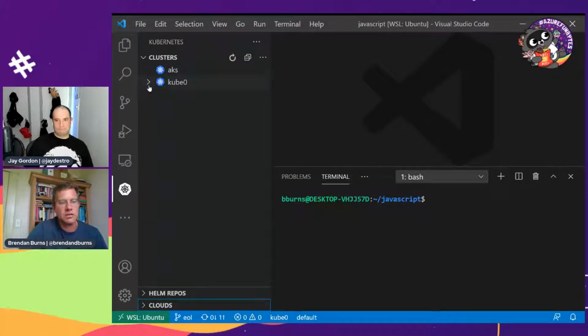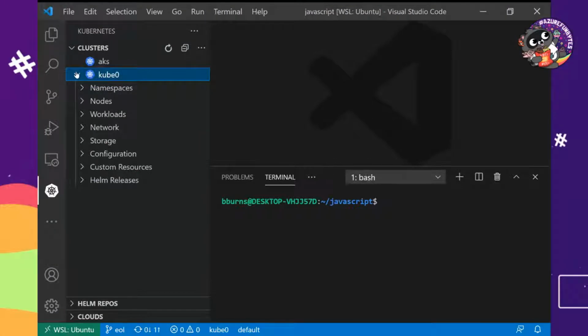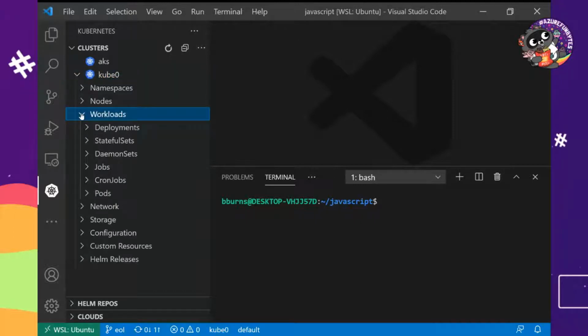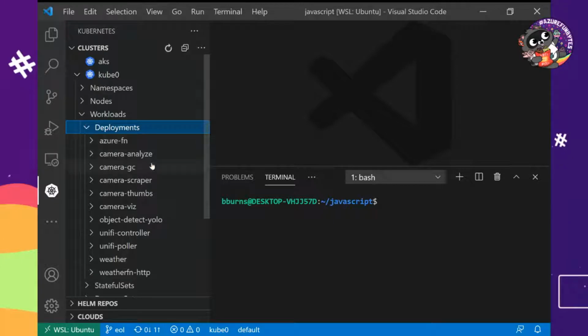To illustrate, this is a Kubernetes cluster. Right click is no good. This is actually my home cluster that's running down in my basement. If I take a look at the workloads and the deployments, I can see a bunch of the deployments that I have running.